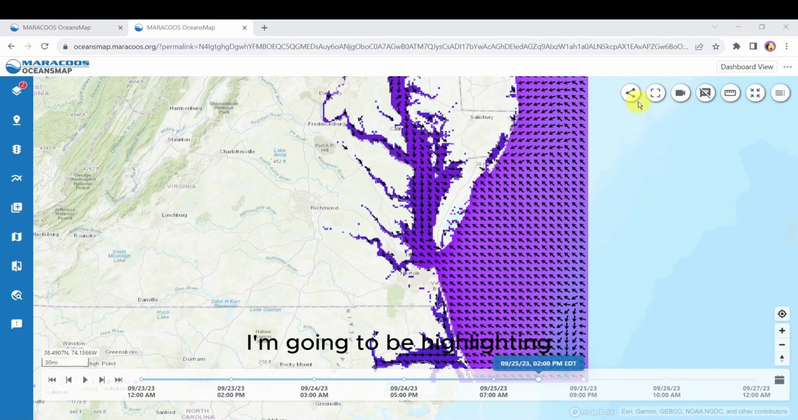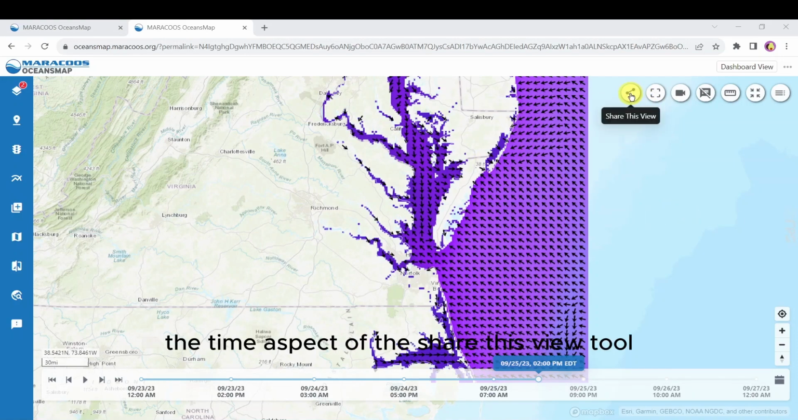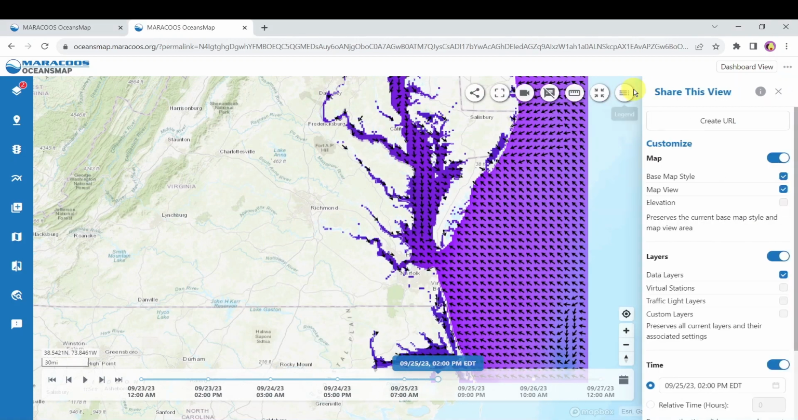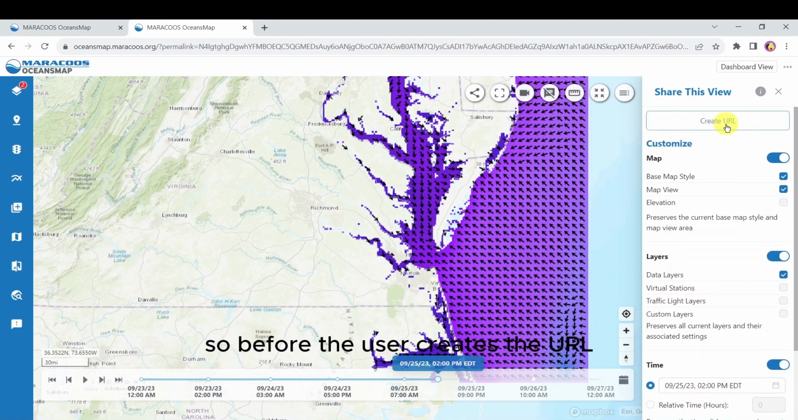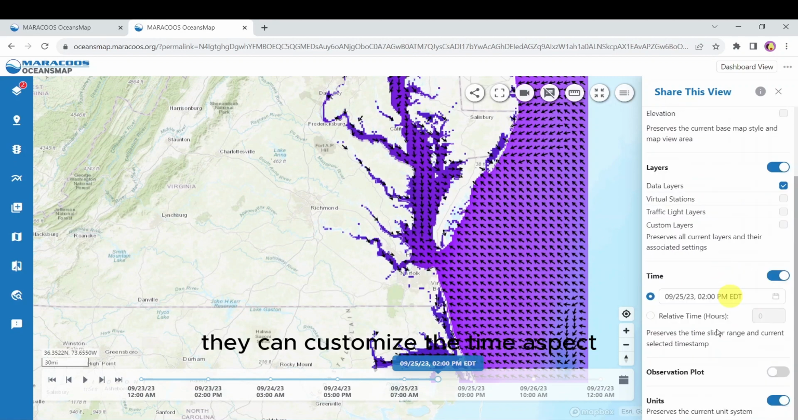In this video, I'm going to be highlighting the time aspect of the Share This View tool. I covered the overview of the Share This View tool in a previous video, but for this one, I'm specifically going to be looking at this time section. Before the user creates the URL, they can customize the time aspect of the scenario that they're looking at